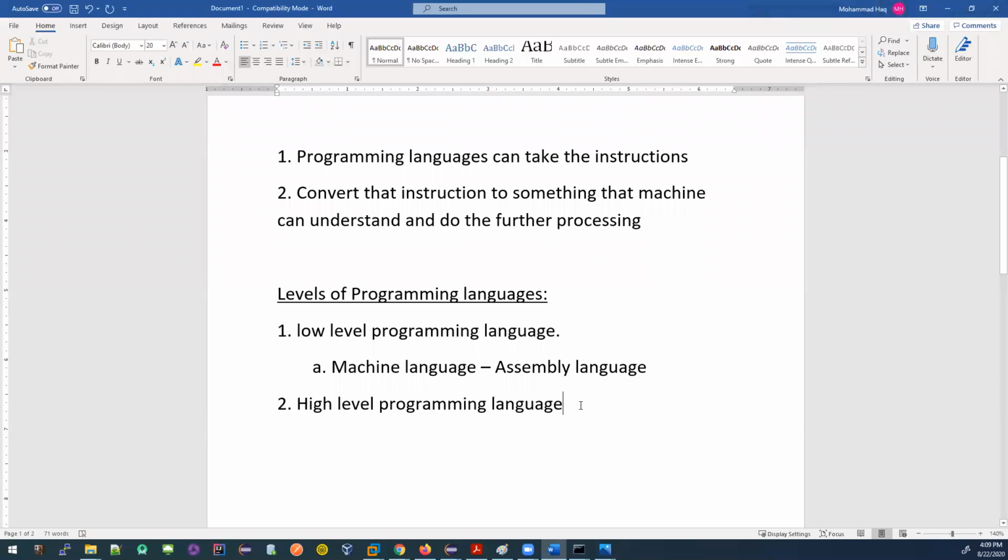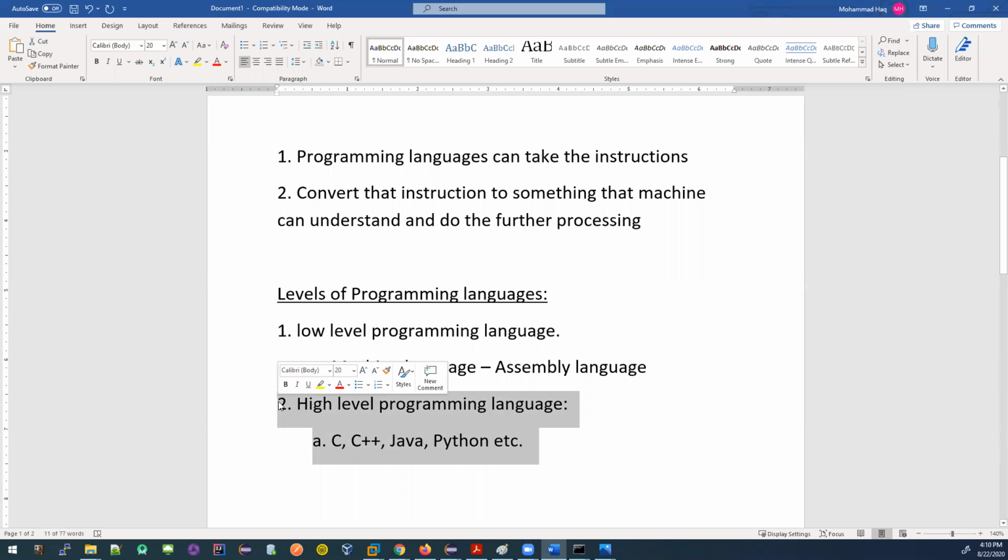So if I give you an example, C, C++, Java, Python, these are all high-level languages. Why are they called high-level languages? Because they are almost close to the way that humans communicate with each other. The instruction that is given is human readable, humans can understand and have an idea of what's going on. There are some instructions like print, and it will just print something in your standard output.